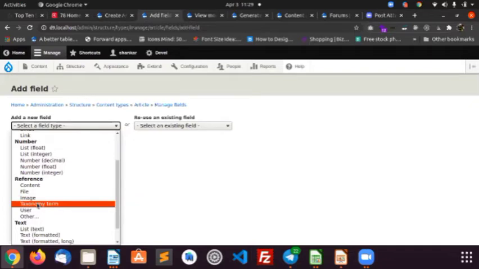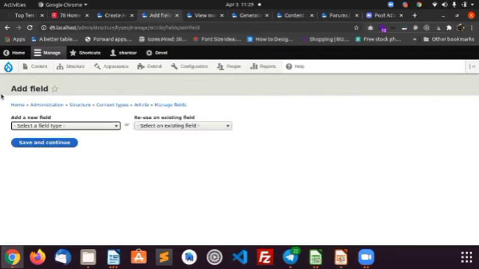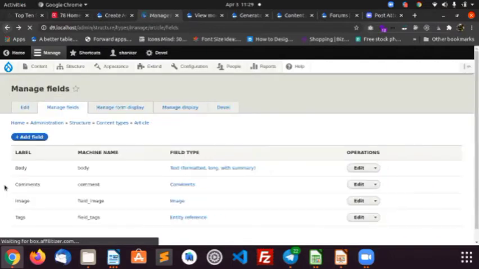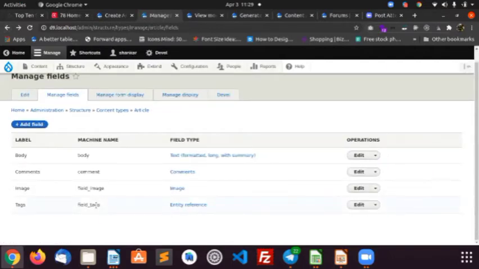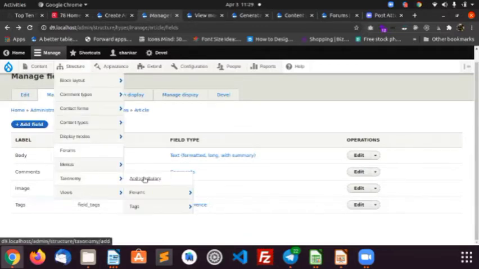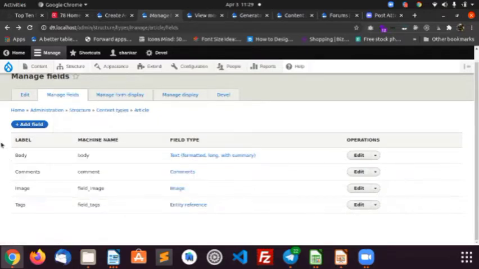I can say use the taxonomy term for the articles, because articles we can classify. By default it will be classified through the tags also, but if you want more classification, you have to go to Structure, Taxonomy, and create a vocabulary. That way you can classify.